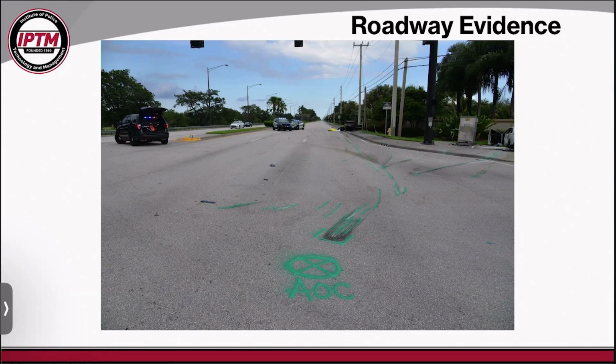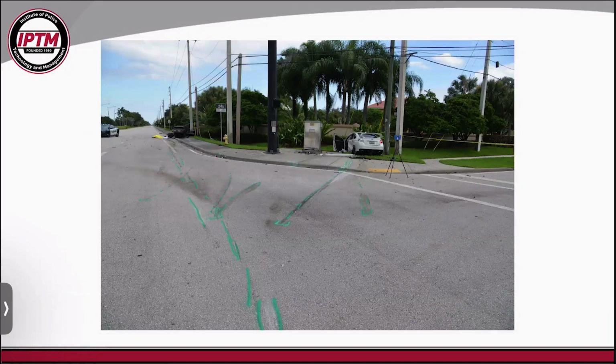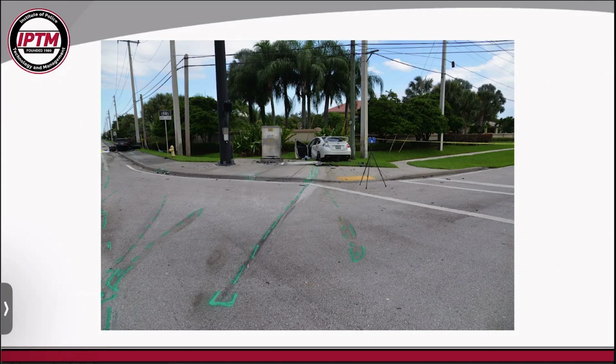Now, what's interesting about this is that what we want to be able to take away from all of this is how we, as crash investigators and reconstructionists, identify area of impact. And usually that's where it all begins, right? We start from where vehicles come to rest, and then we work our way back, and we just identify where everything started. Also, you got to remember that we're going to be responsible for identifying what marks belong to what